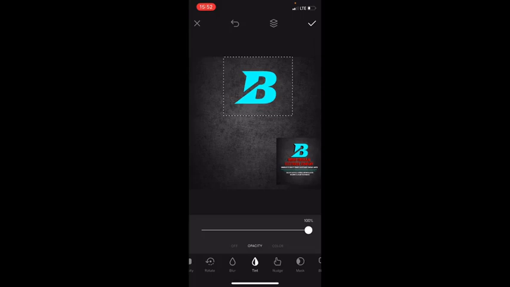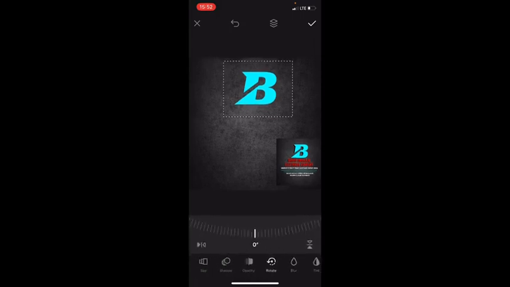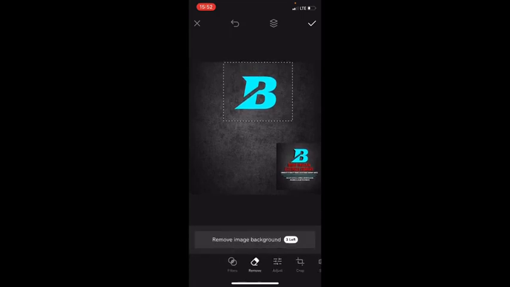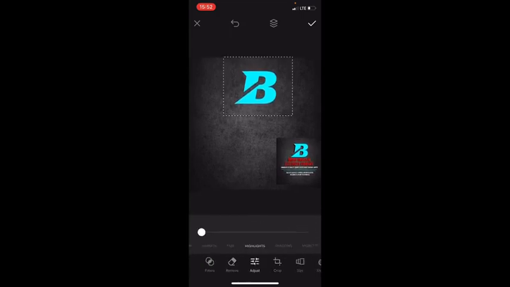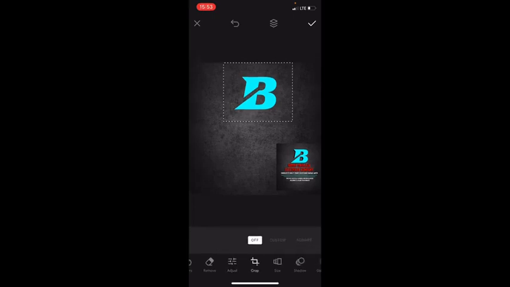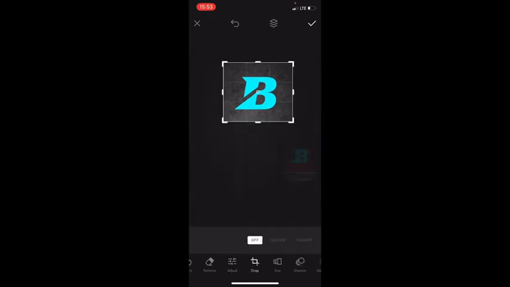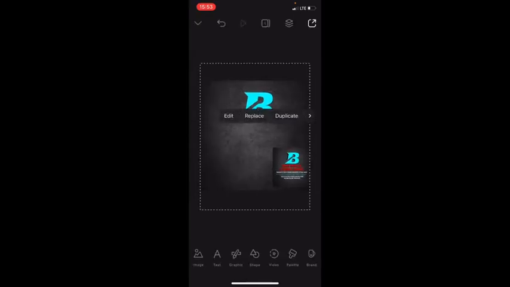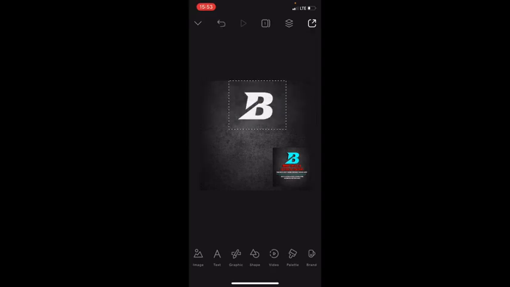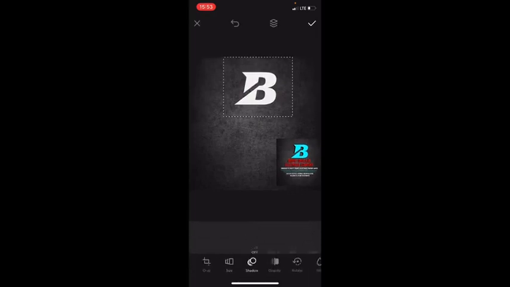You can also adjust it by doing all this, but this is not necessary for this particular logo. You can also adjust it to help change the color a bit, but I don't want that. This is where you use your crop tool, custom. If I want to remove these parts, you can do that, and this is what it's going to give me, but we don't want that. So I'm going to click on back, and my color is removed, but I'm going to double click. Then we have our edit tool back. So tint, color,